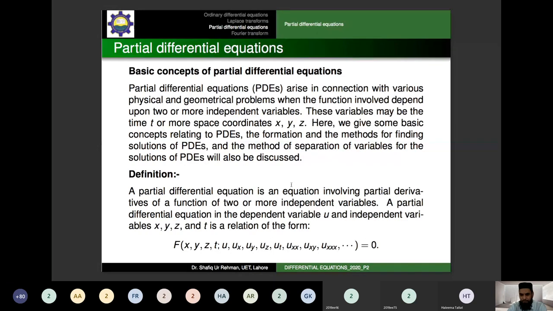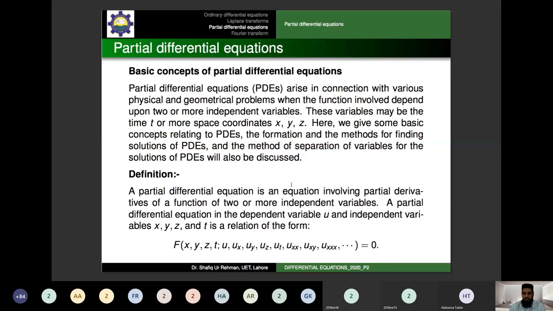We have already gone through that in the case of first order ordinary differential equations. Now we will also look into the method of separation of variables, slightly different from that version, because now we are going to handle the concept of partial differential equations. So these are the main topics that we need to talk about: basic elements, formation, and then the techniques available. How do we find the solution of various partial differential equations?